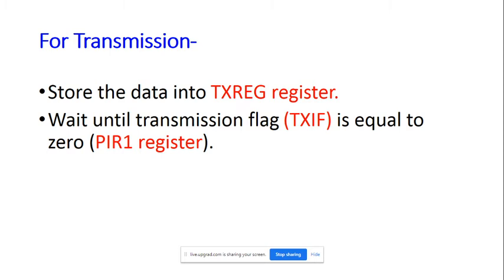Okay, and that's why we take care that once you place the data, the transmission process is already enabled, then bit by bit will go out as per the baud rate, and only when all bits are out does your TXIF flag become 1. Up to that it will remain 0. When the TXIF flag is 0, your transmission is in process, and TXIF equal to 1 indicates that transmission is over and it is ready for the next transmission.